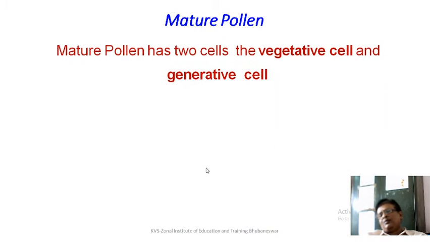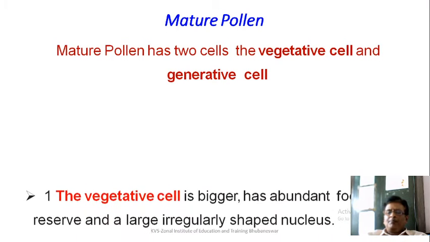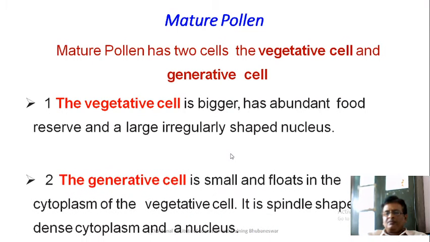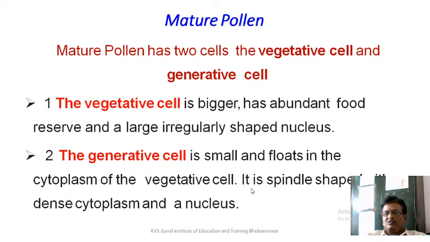Now, when the pollen are formed, they are at one cell stage, one nucleated stage. But during the process of maturation, the cell divides into two, and it has two cells, the vegetative and the generative. The vegetative cell is bigger, has a lot of food reserve and a large irregularly shaped nucleus. The generative cell is small and floats in the cytoplasm of the vegetative cell. The nucleus is spindle shaped with dense cytoplasm,